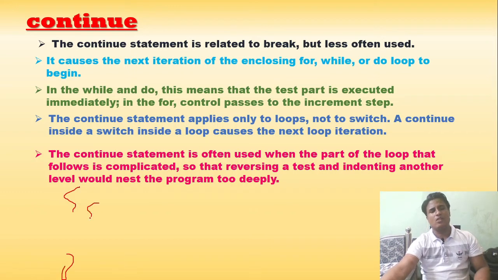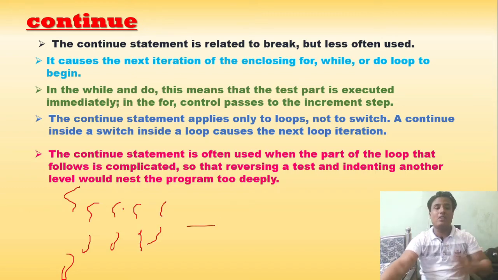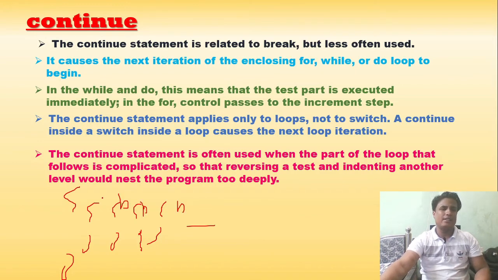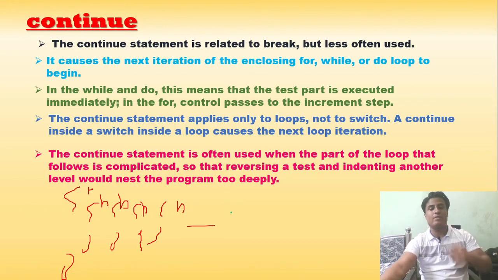Okay, suppose there are 4 levels of loop or 5 levels of loop. Then it is better to use continue inside these loops. Level means, suppose this is n, this is n, this is n, this is n, all the loops move up to n. I will explain time complexity in the algorithm part, if I get the time to explain it.